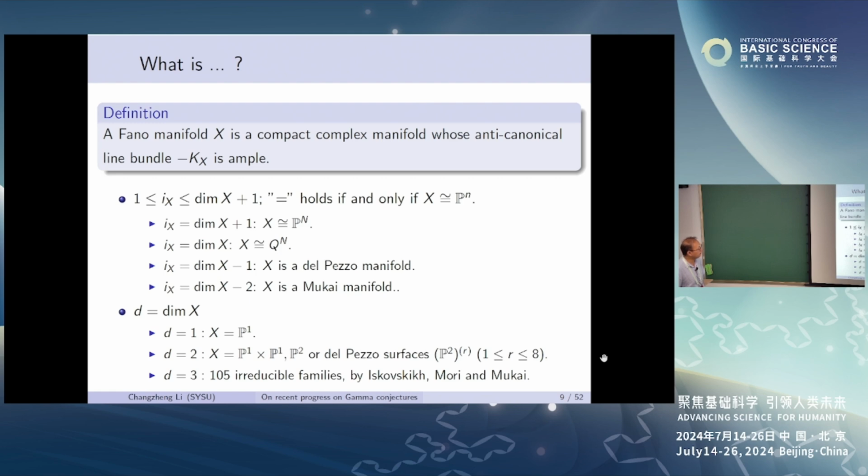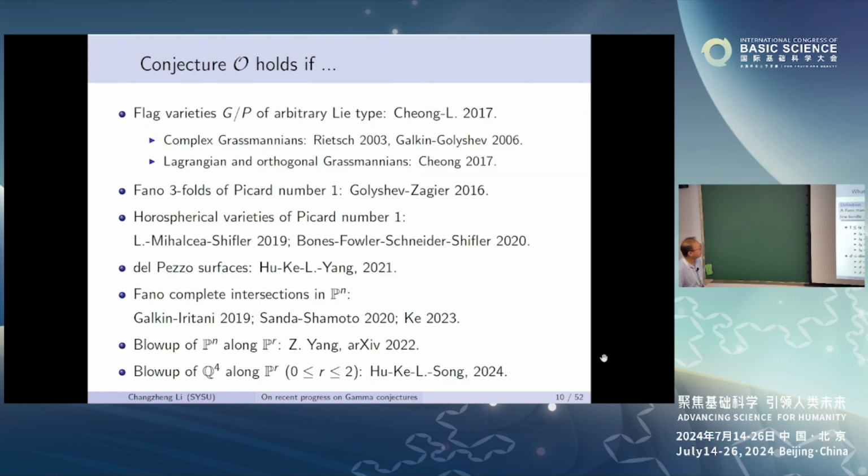So there are 105 families classified by these mathematicians. Each of them gives some partial case study. Then Conjecture O was studied by Cheng and myself for flag manifolds G over P, with typical examples including the complex Grassmannians, and also for some other cases. There are three types of examples. The first one is, in my opinion, the most important one, in the sense that